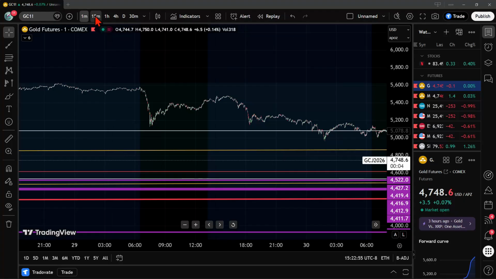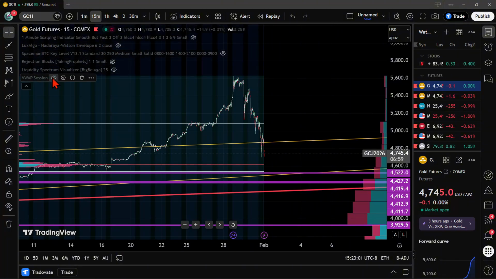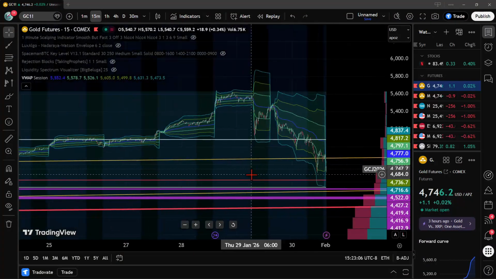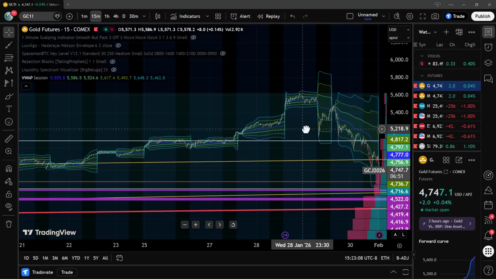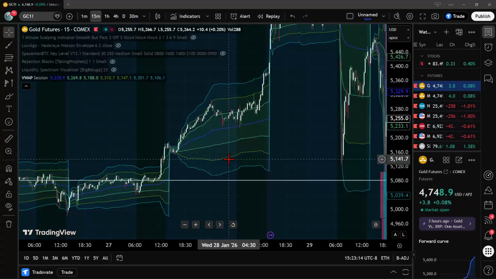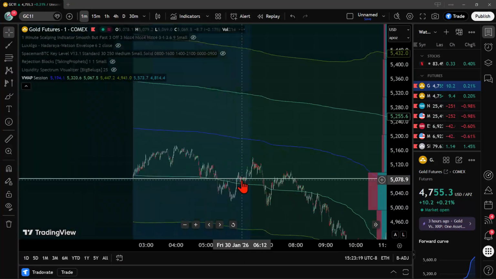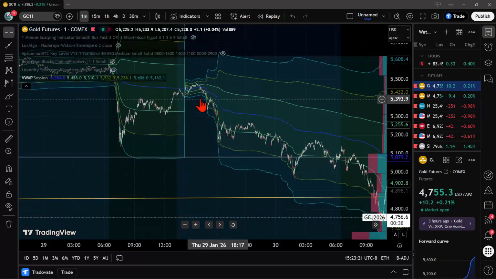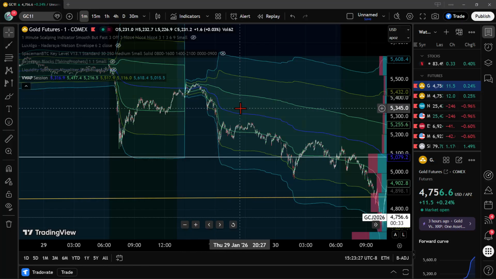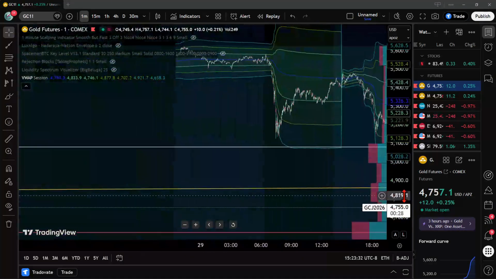So now you have an understanding of these resistance and support levels. Now we use other things like VWAP to show us session movement. Generally speaking, during a session, Asia starts off pretty slow, and so this would be Asia. And then London comes in right around here and starts making moves. Asia will make some moves sometimes, and then generally what will happen